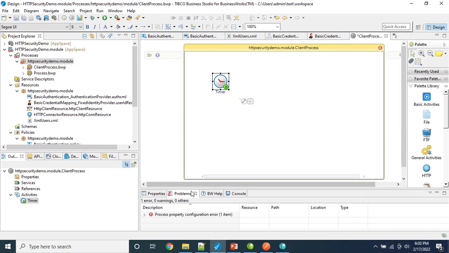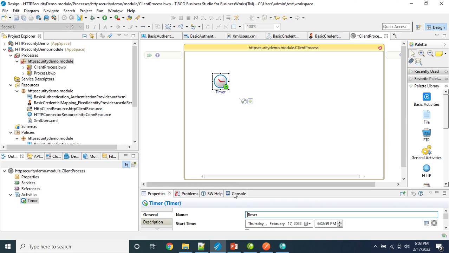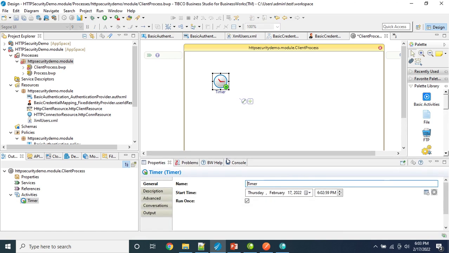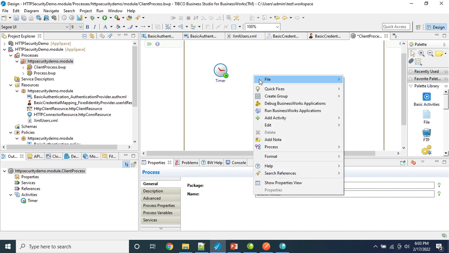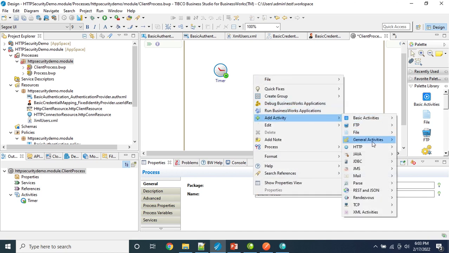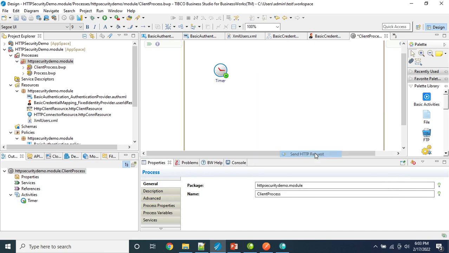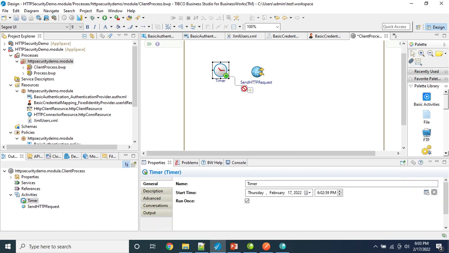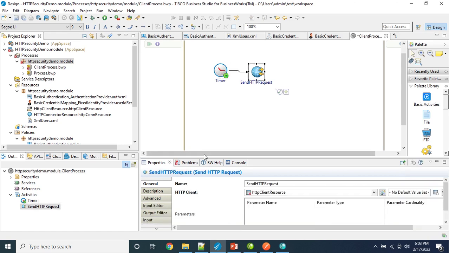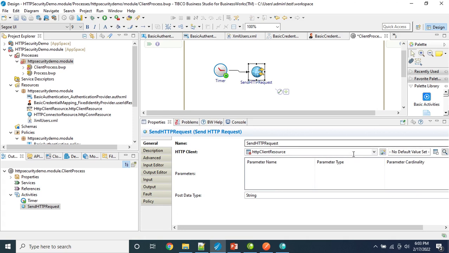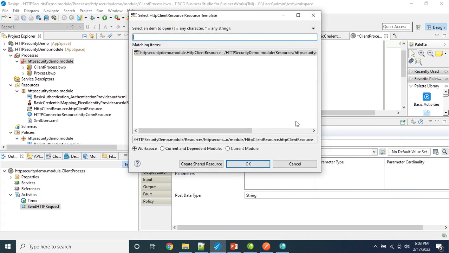And in this timer, we will configure it to run only once, so that we are able to demonstrate this. And then I'm going to use HTTP from the HTTP palette. I will use this send HTTP request activity. Let's do the transition. And in this send HTTP request, I'm going to select a new